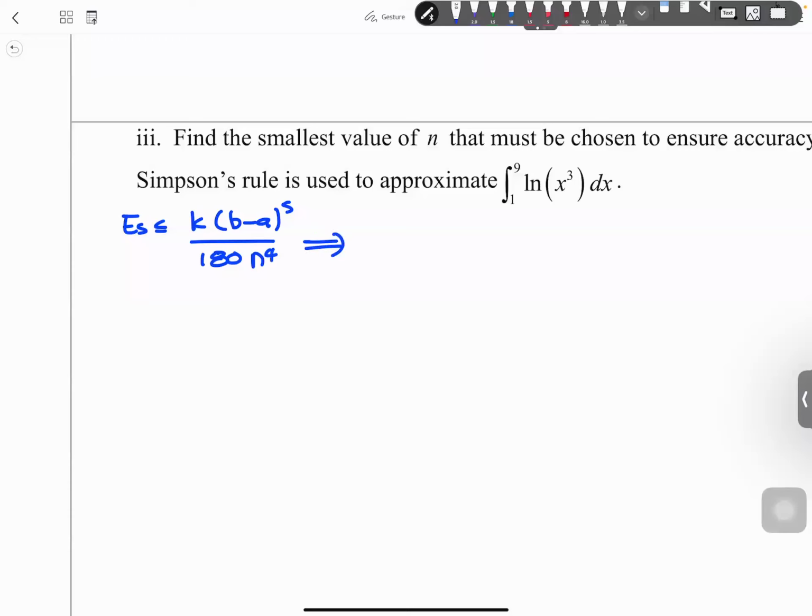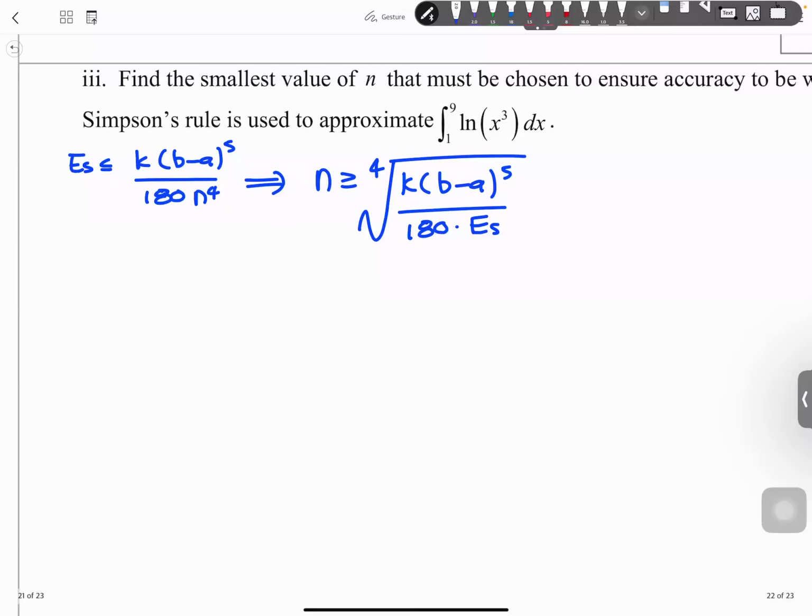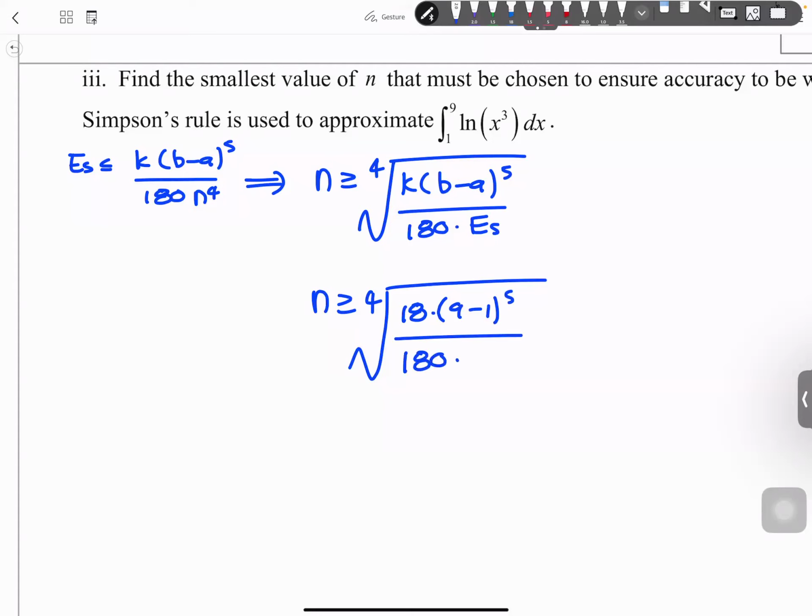If we solve this equation for n, we're going to see that n must be greater than or equal to the 4th root of K times (B minus A) to the power 5 over 180 times that particular error that is chosen. All right, so again, plug in n is greater than or equal to. All right, so this was 18. Again, 9 minus 1 to the power 5, over 180 times